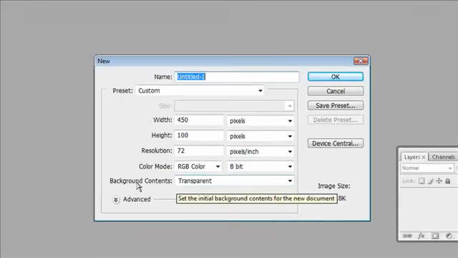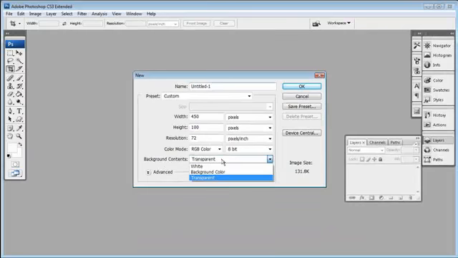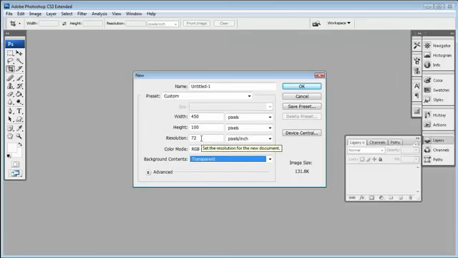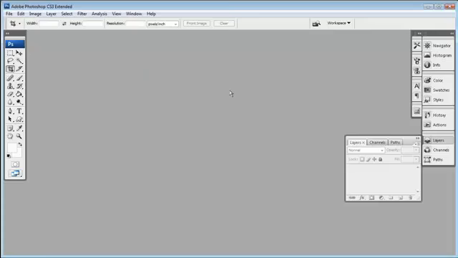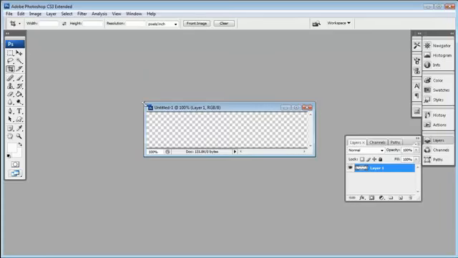and the main thing you want to keep in mind here is the background. You want it to be transparent as opposed to white or the background color. So keep it with transparent. RGB color is cool, and the resolution, you want to keep this at 72, which is fine and dandy. You definitely do not need anything more than 72. That's simply overkill. So we're going to go with this, click on OK,